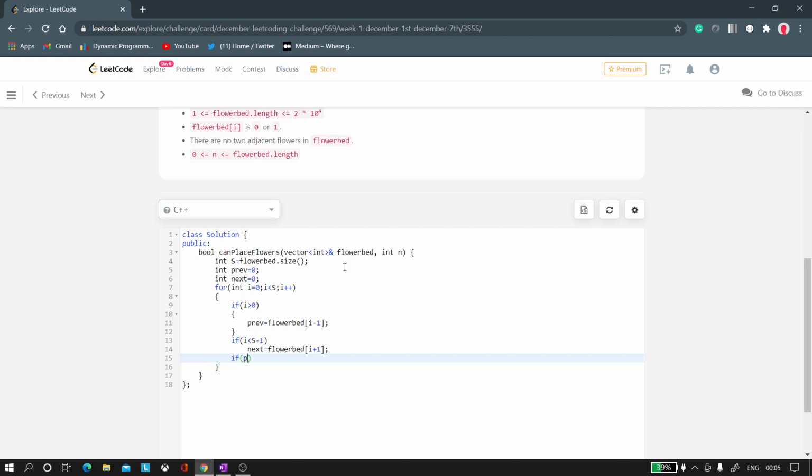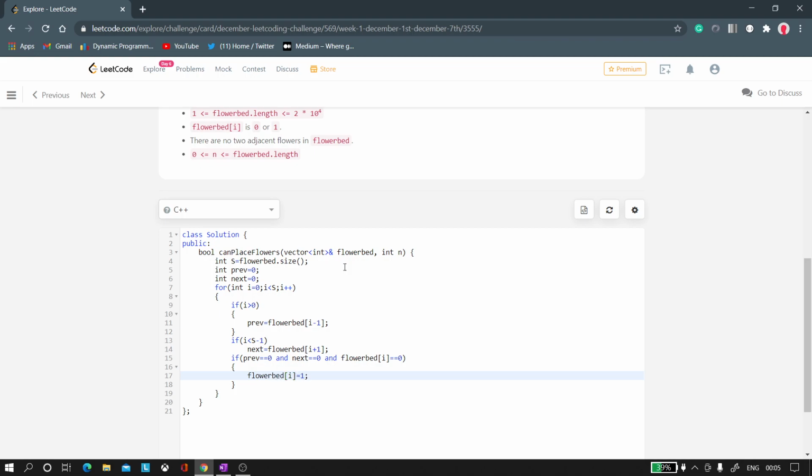If previous equals 0, it means that the previous spot is empty and the next spot is empty, as well as current, which would be flower bed of i, is also empty. Then we are just going to place one flower over there.